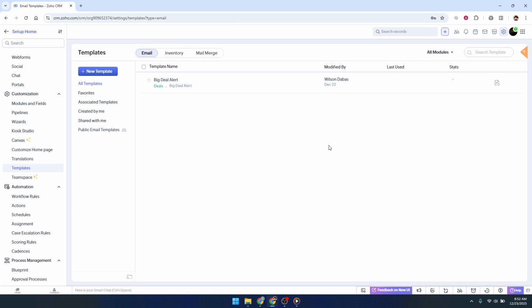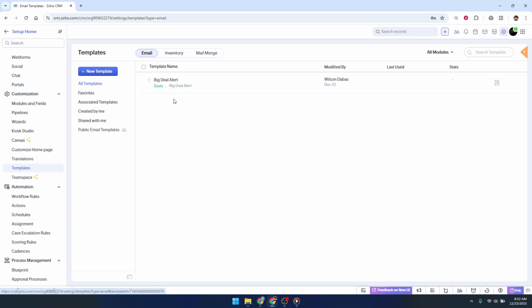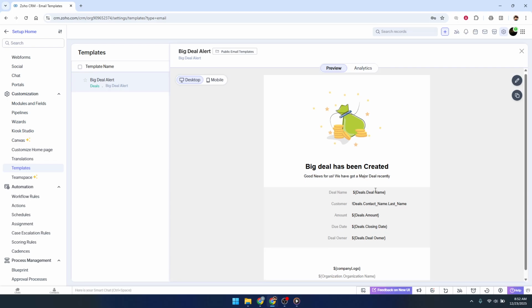Once you're in the Templates section, you'll see different categories. One of the most commonly used is email. Choose email if you want to check templates used for standard communication, such as follow-ups, confirmations, or announcements you send directly from the CRM. When you open this category, you'll be able to scroll through your list of email templates, preview them, and make sure the content, formatting, and merge fields, like names and deal details, are correct before using